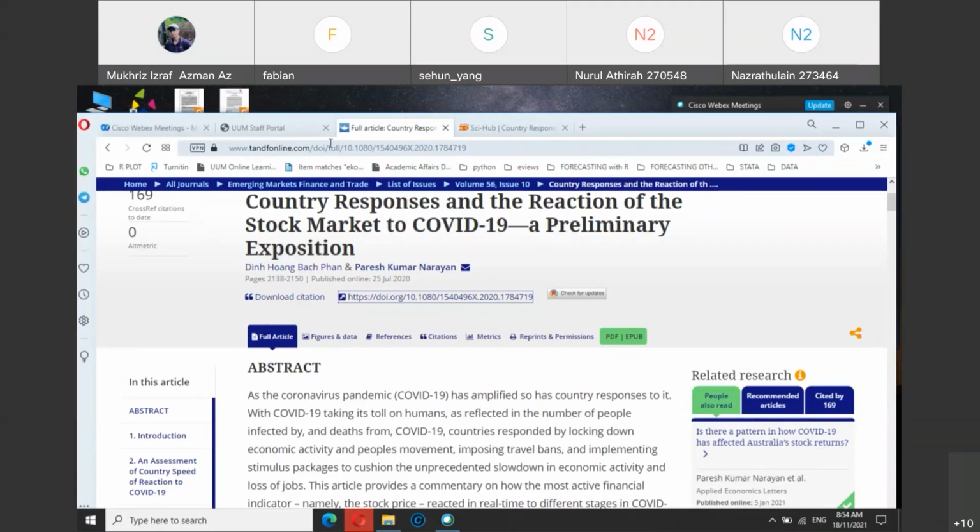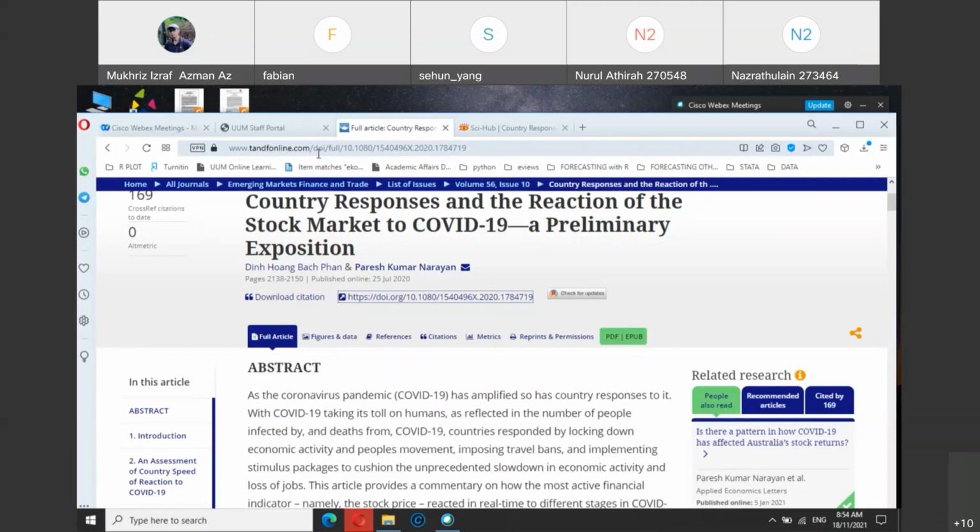This is November 2021 already. So for the articles you cite in your background of the study, as I mentioned, you need to refer to at least 2 or 3 articles. Those articles should be the latest ones, from the last 3 to 5 years, preferably 2021 or 2020.